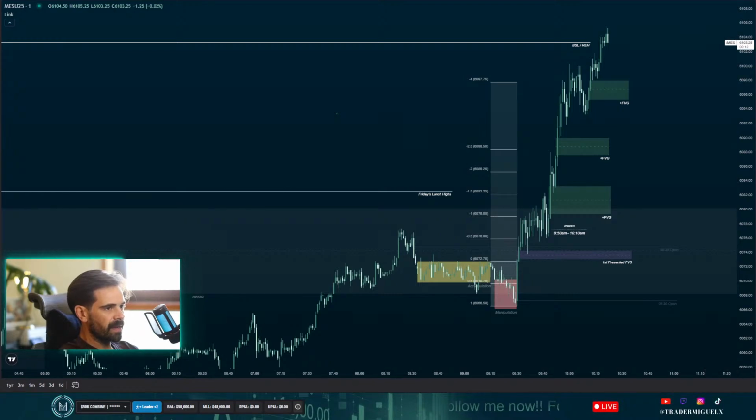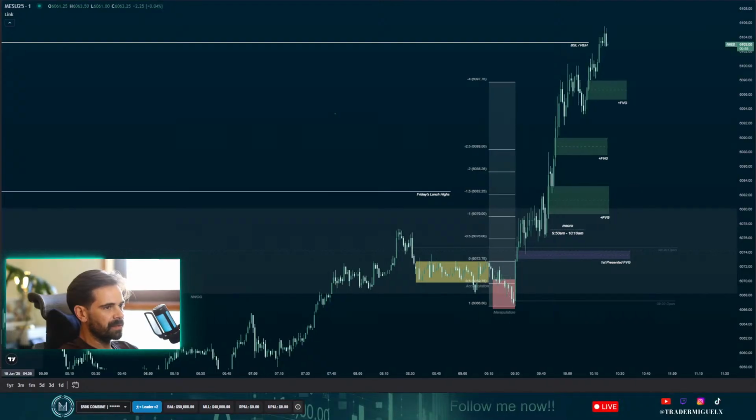And then we have some type of a wick, which can be traded into 50% on its tail. So it would be about 10 handles more for ES to hit the 50% of the wick from last